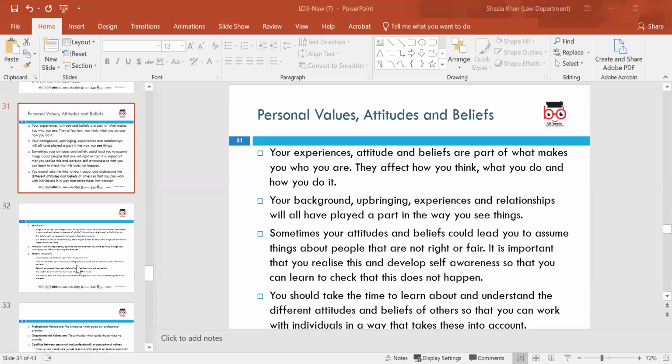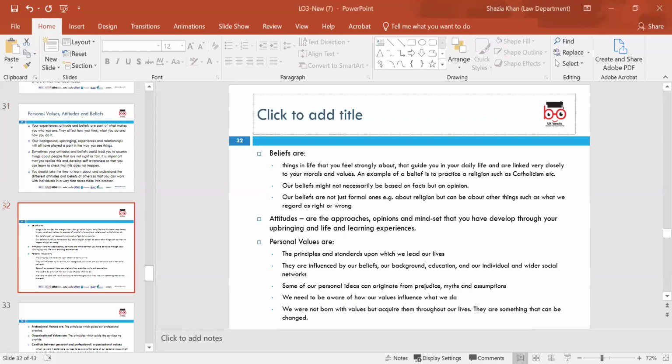Are we all the same? No, we're not. We all have our different values, we have our own different beliefs, and we all have our different attitudes as well. So looking at beliefs and what they are. Beliefs are what we believe, our mental state, what an individual accepts as being true, even without absolute certainty or any sort of proof.